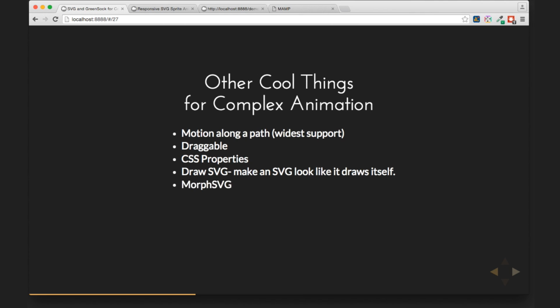MorphSVG is probably the thing that hits GreenSock out of the park. So that first CSS-Tricks demo where everything's changing into each other, GreenSock is the only animation API that can tween things that have different path amounts. Even SMIL, even Snap.svg needs the same amount of paths in order to tween, and you don't have a lot of finite control. I'll show you how to get finite control in GSAP. There's also relative color tweening, so you don't have to find every value for something. You can tween it relative to where it already is. There's also cycle stagger, so you can have things stagger but do two different values or three.